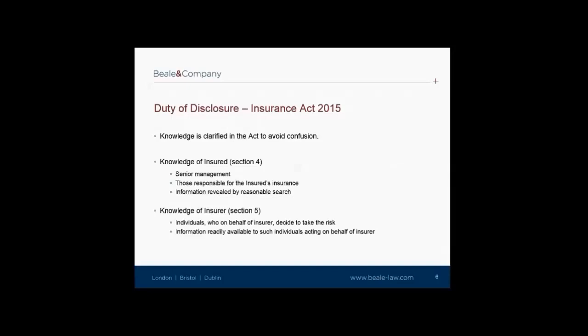This is intended to combat the perceived risk of an insurer taking a passive role in the disclosure process and only asking questions when the insured makes a claim under the policy. The fair presentation of risk also requires the insured to make the disclosure in a manner which would be reasonably clear and accessible to a prudent insurer. It is hoped that this will discourage data dumping.